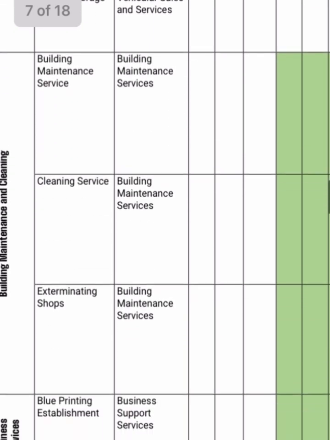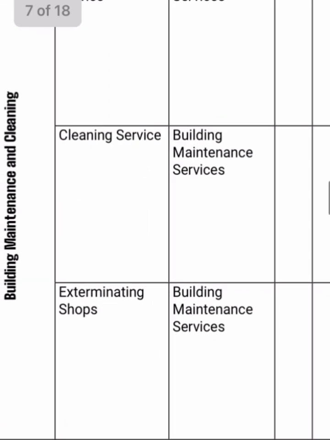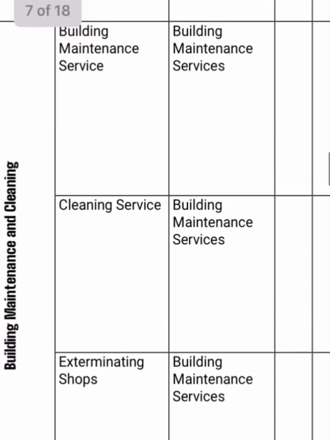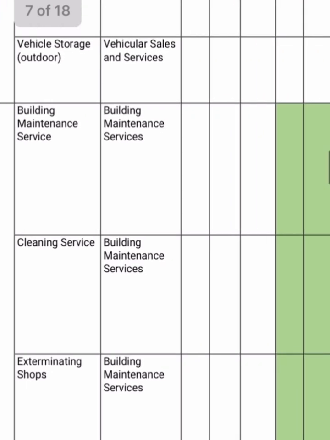We'll jump down here. We have building maintenance and cleaning. So, cleaning services and building maintenance. And you've got to think that this is mostly offices and storage of supplies, because most of these services require going out into the other business world. And so why aren't these allowed to be near homes? It's just going to be an office where you explain your services and sell them, or where you store your gear. Maybe you'll have a van or two.